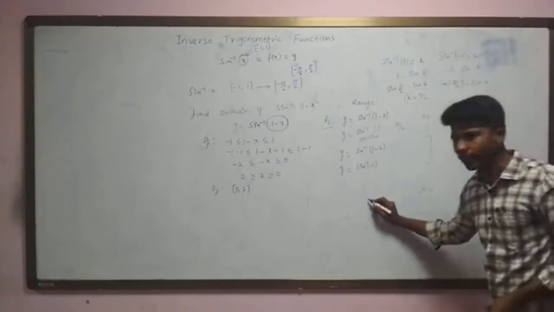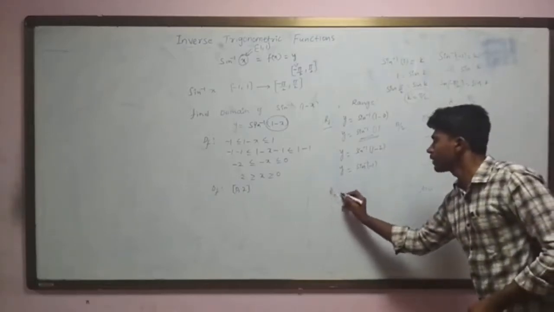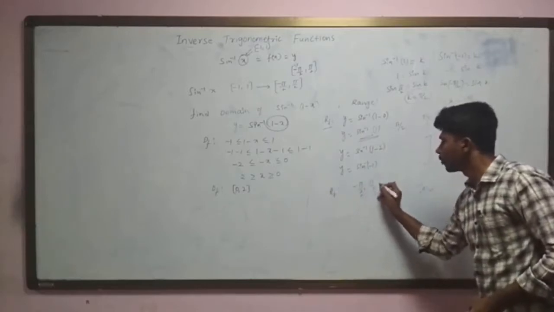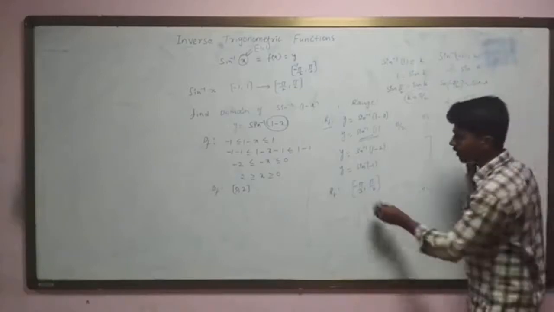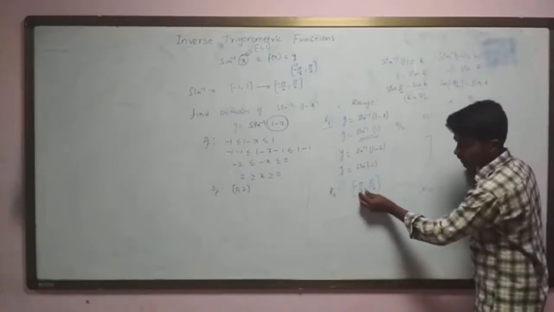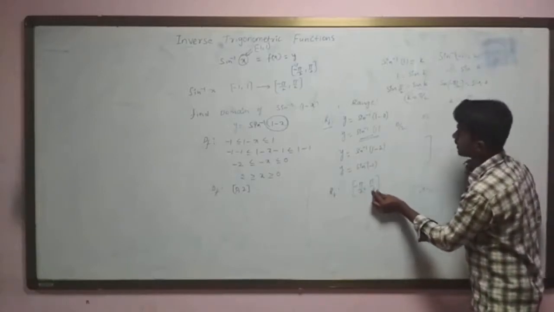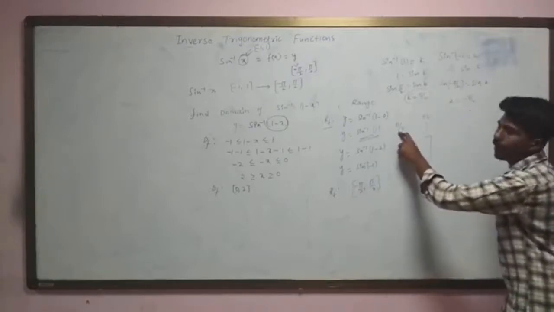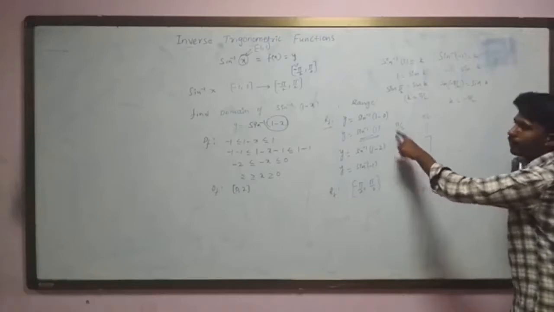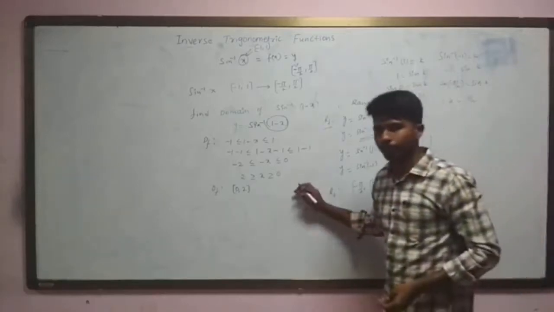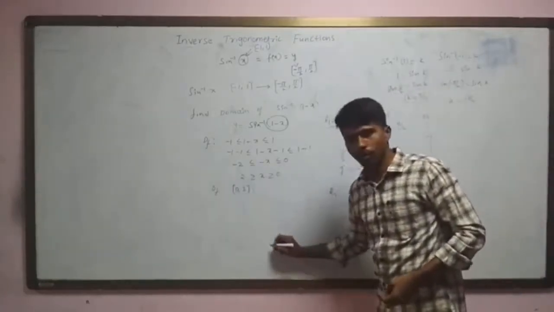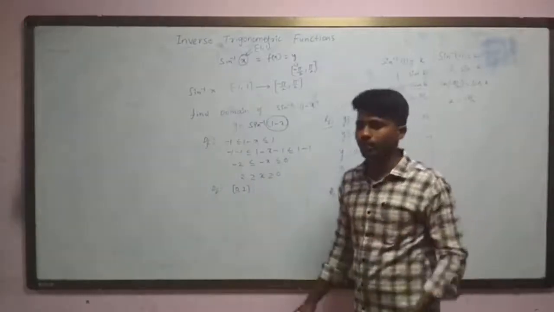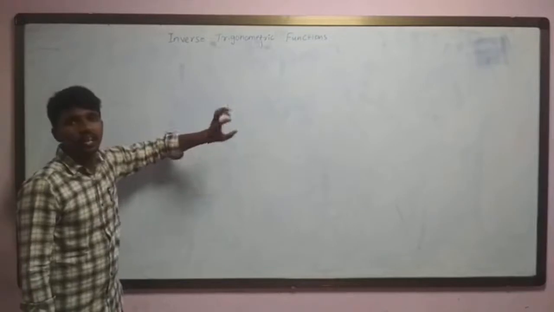So from this, what I can write is that the range of the given function is minus pi by 2 to pi by 2. Always we prefer the smallest value first and the greatest value next. So I got here minus pi by 2; I use first minus pi by 2, then I use plus pi by 2. So we have to find a domain, and whatever domain we got, those particular values we have to substitute to get the range.